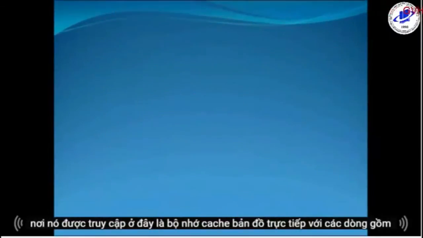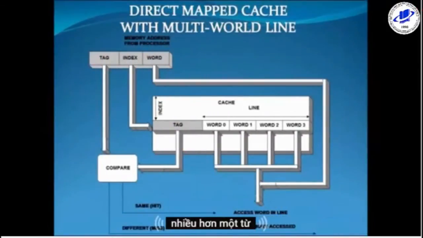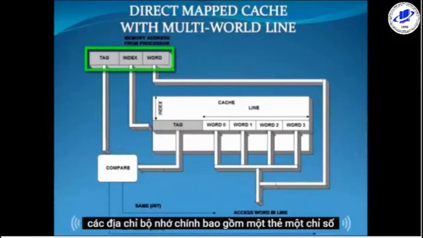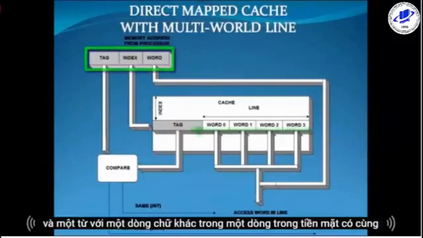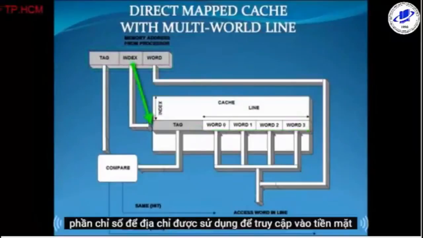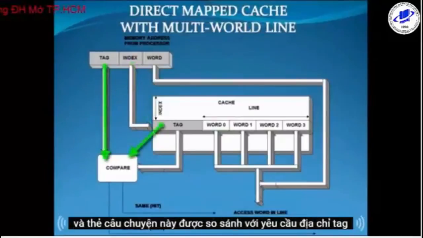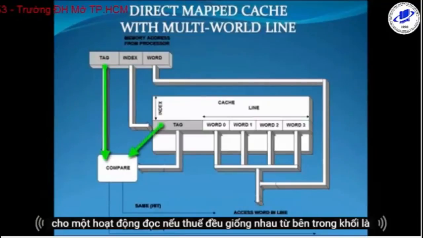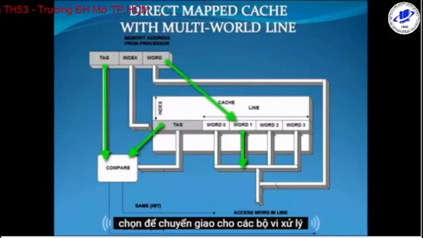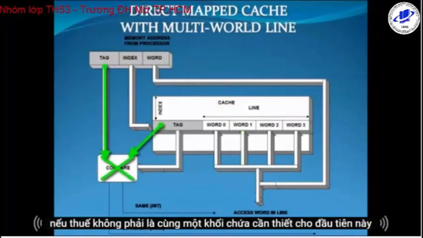Here is the direct map cache with a line consisting of more than one word. The main memory address is composed of a tag, an index, and a word within a line. All the words within a line in the cache have the same stored tag. The index part of the address is used to access the cache, and the stored tag is compared with the required tag address. For a read operation, if the tags are the same, the word within the block is selected for transfer to the processor. If the tags are not the same, the block containing the required word is first transferred